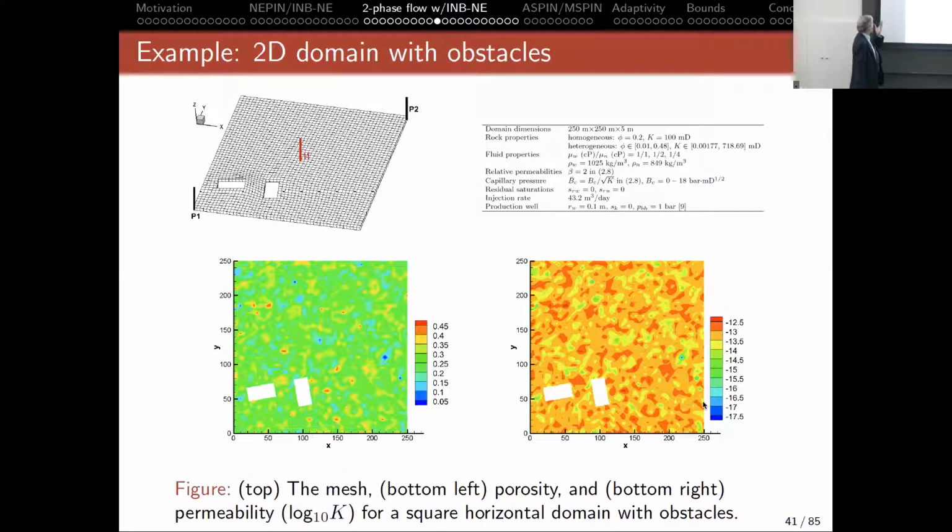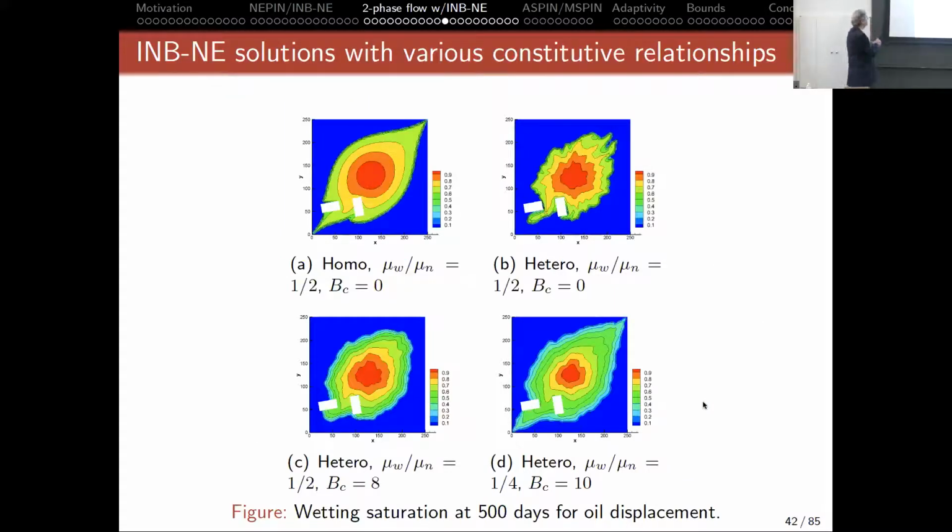So let's look at a 2-dimensional problem with this porosity field and this permeability field. And it's log on the right, so there's about 5 orders of magnitude in permeability there, and a couple of obstacles. And we'll inject in that red well in the middle and produce at the 2 wells in the corner. If the permeability is homogeneous, you get a rather nice behavior. For the 3 heterogeneous cases, you can see that it's disturbed. And the main difference between this one and these 2 is that these 2 have activated the capillary pressure, P sub C, in this model.